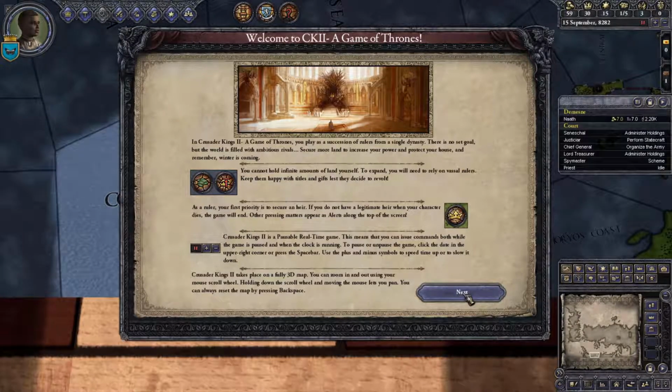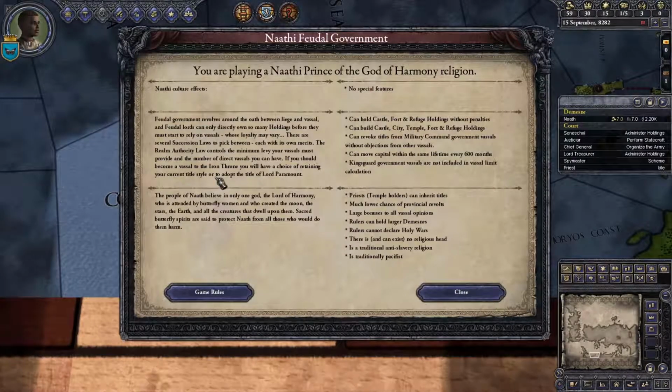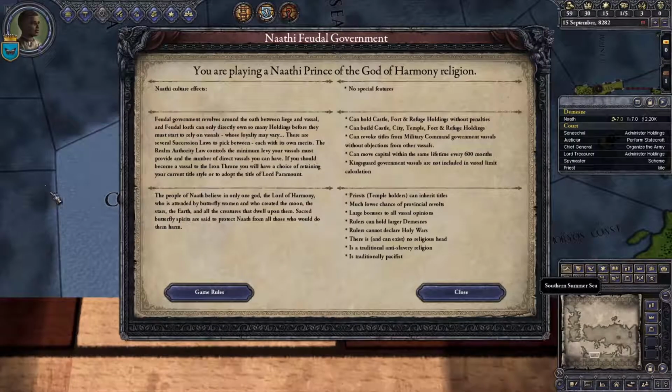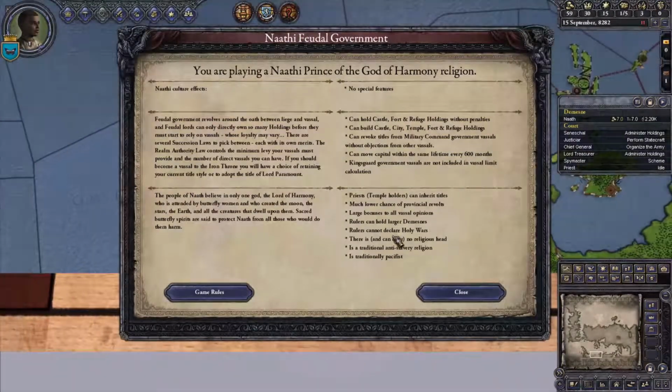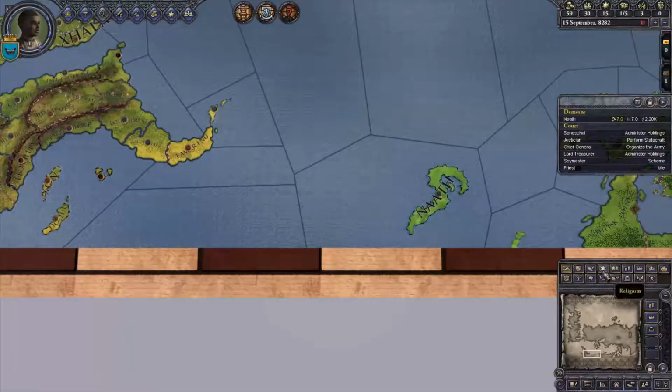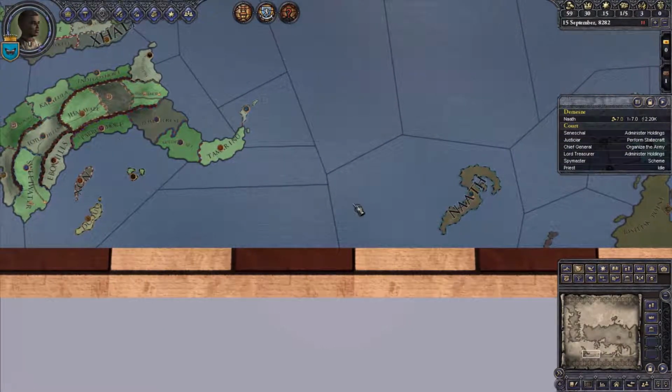I changed that so that it can happen even though we don't have a bordering province. Since we're playing with the Isles, I would really prefer that if we start in Naath like we are, and I go over here and conquer this area, since we don't border them